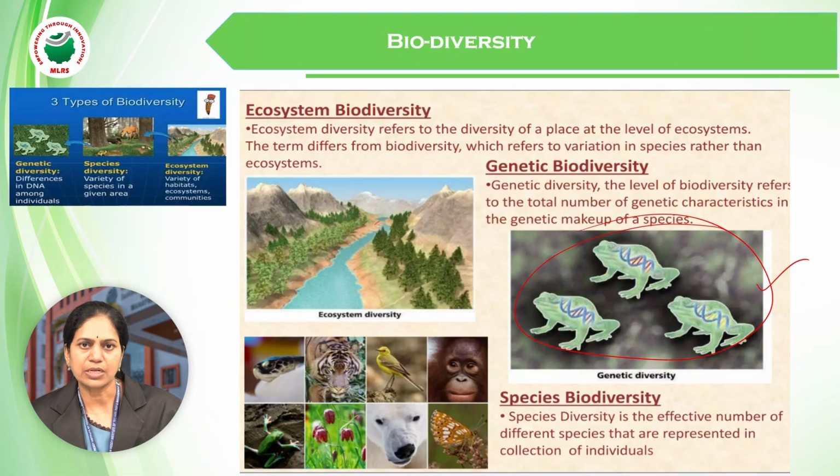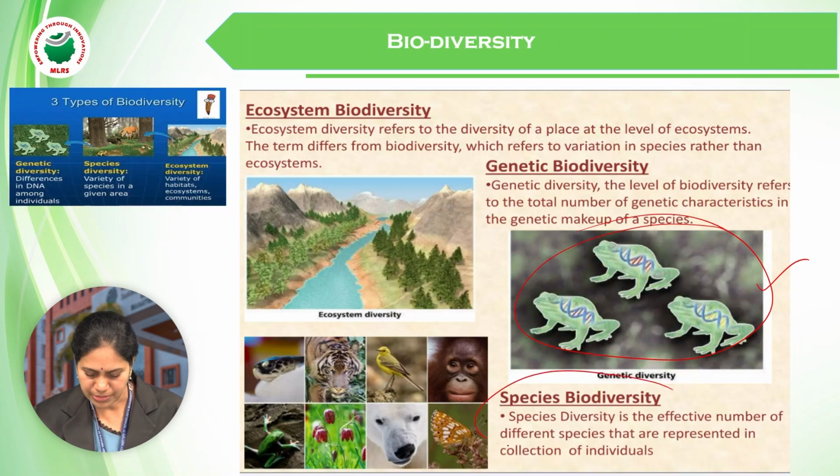For example, Oryza sativa is the rice plant. That is the original form, what we call the species. But in that rice plant we have so many variations, thousands of variations in rice. There are wild varieties, local varieties, and varieties which are rich in nutrients. Some differ in color, some in size, some in nutrient value. So all this we are talking about as genetic biodiversity, where the genetic material is different from each other.